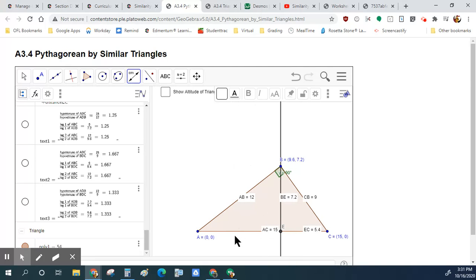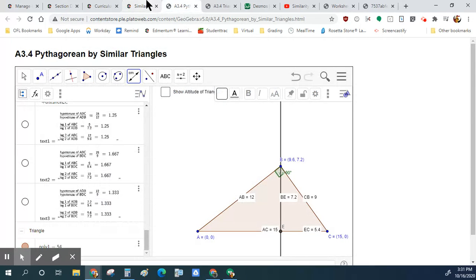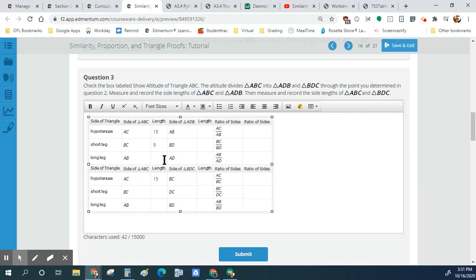And the reason why I like clicking the dots instead of clicking the actual line is it tells me what it is. So if I'm doing AC, all of my AC should be 15. I'm going to do BC. BC, if I look at it, oh, I have it as CB here. It doesn't matter. BC, CB, same side. 9, 9, and then AB. AB is 12, so 12, 12, and then now AB, which is 12,